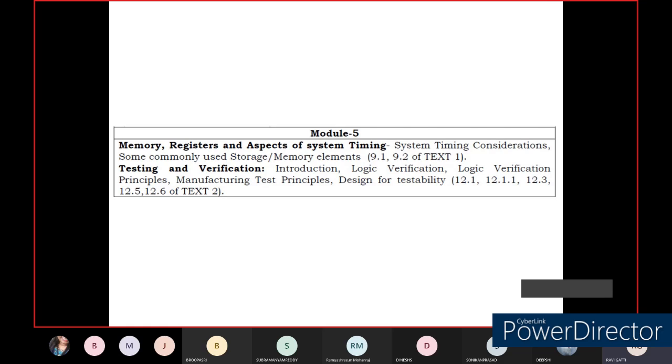Before it reaches the customer as an end product, it is necessary, as a manufacturer and designer, to test and verify that all the components are working according to our constraints. We need to understand this, so for that we will be using different types of verification processes. What are the different verification processes we are going to use in the VLSI subsystem? There are some test principles, the built-in test principle and self-test.